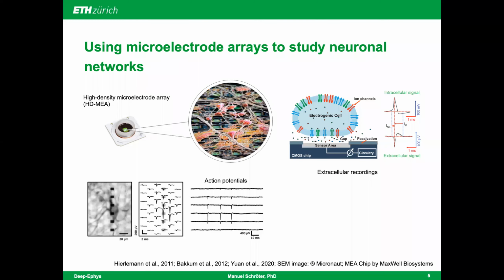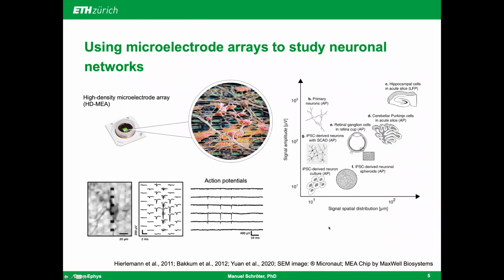High-density microelectrode arrays, and you can see an example on the slide on the left, are recording devices that come with several hundreds to thousands of readout channels and that can record from single neurons as well as from entire neuronal networks. As depicted in the EM picture, neurons do grow happily on MEAs, but there are many other neuronal tissues that have been studied on MEAs, including organotypic slices, spheroids, organoids, and other cell types.